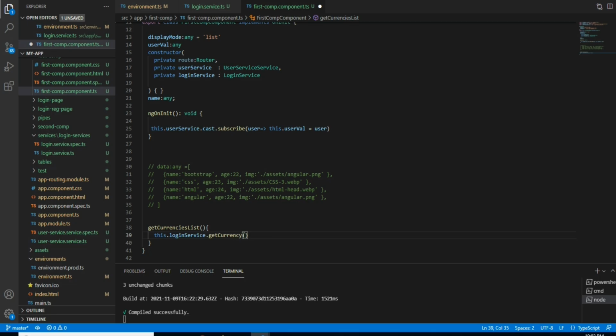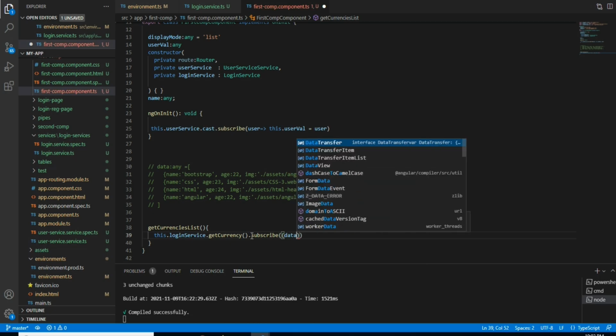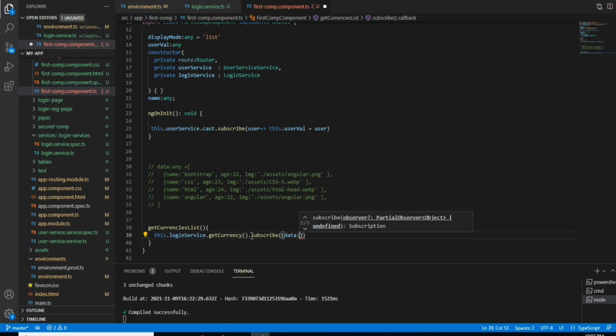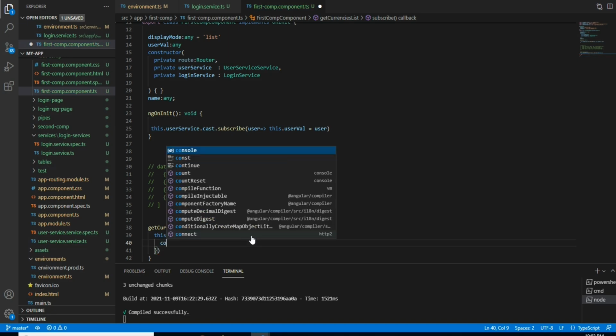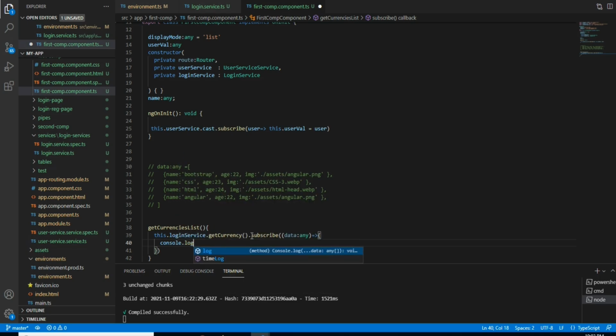Later dot subscribe, and inside this we mention a variable of type any for the data we are getting, then an arrow function, and inside this we will write console.log data. We need to call it by default on loading this page itself, so I'm mentioning it in the ngOnInit.